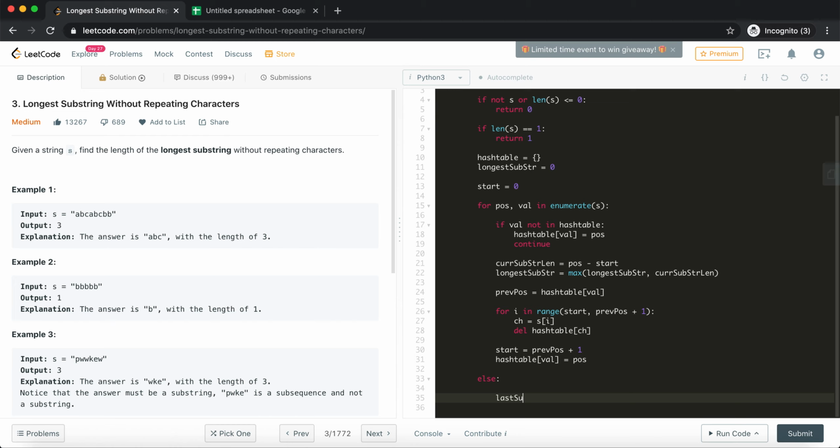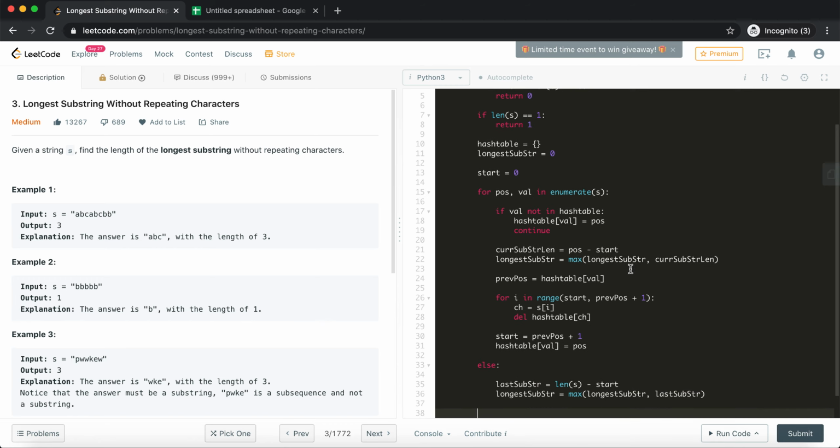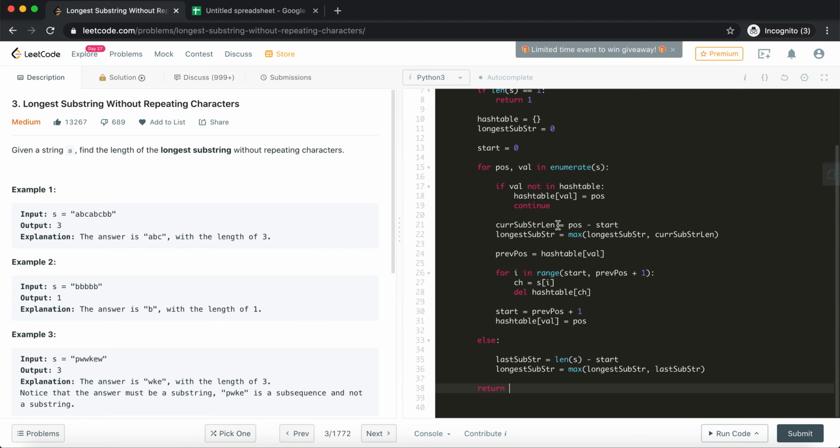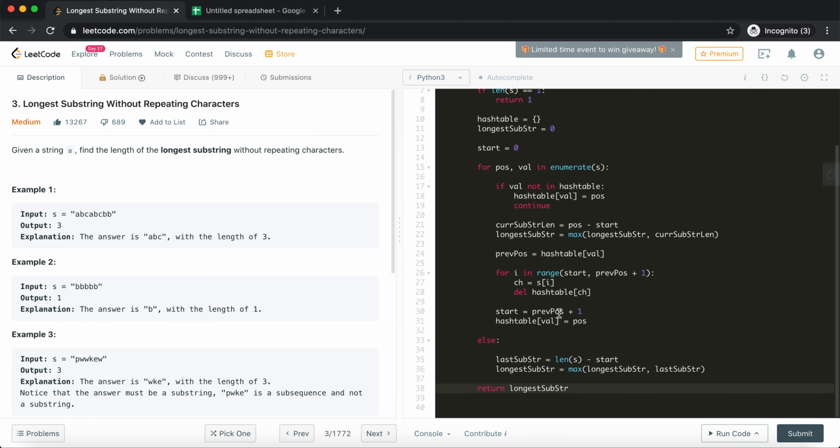The last substring length will be length of the string minus start. If this value is the longest that we have seen, we will update longest accordingly, using the same logic. After that, our answer is stored here. That is the longest substring that we have seen so far, so I'll just return it.